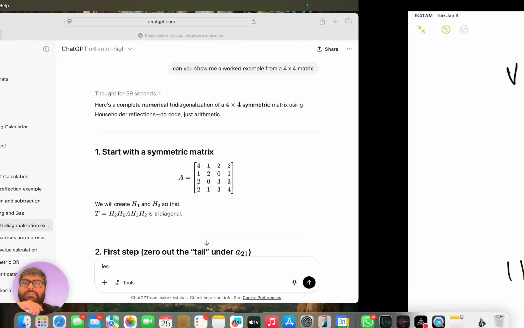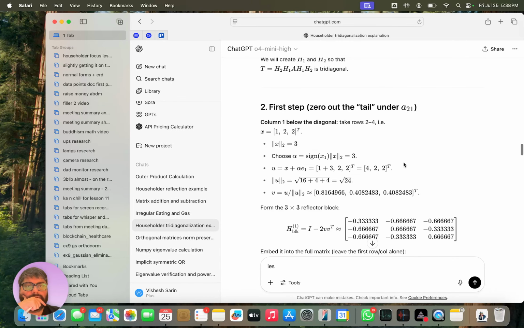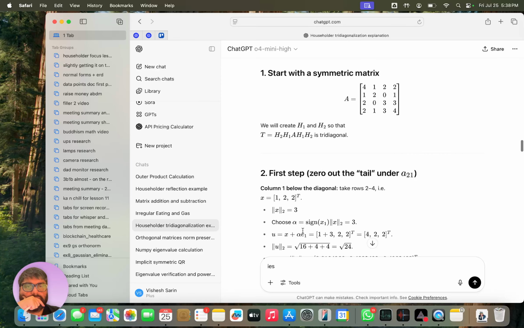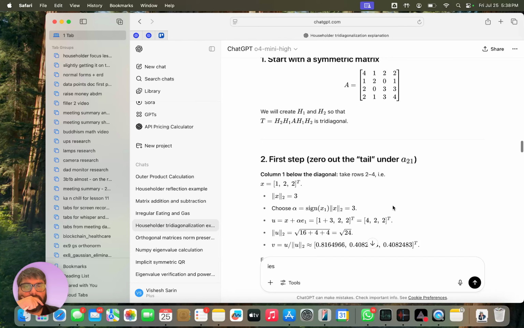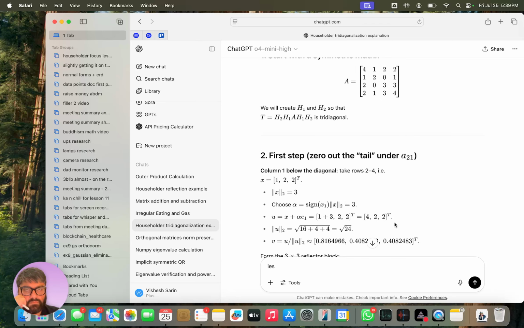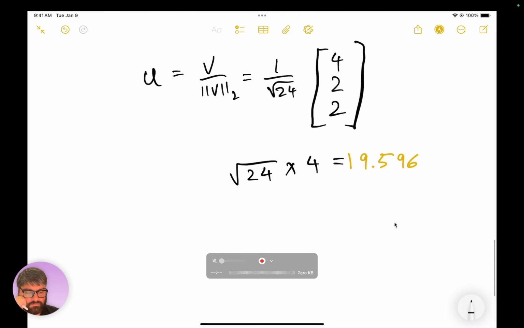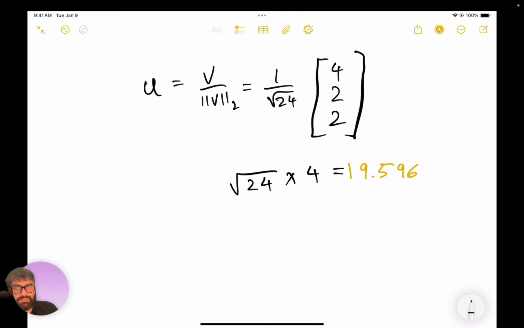I feel like I missed something. Let me see. What did I miss? We took the norm. X plus alpha E1 is 4, 2, 2, root 24. So okay, they did it the other way around, or V and U, whatever. So then, what did I do wrong? Oh, duh, I'm an idiot. It's actually